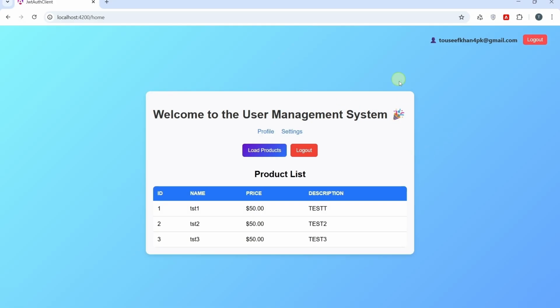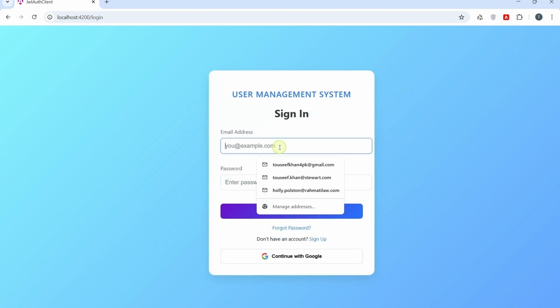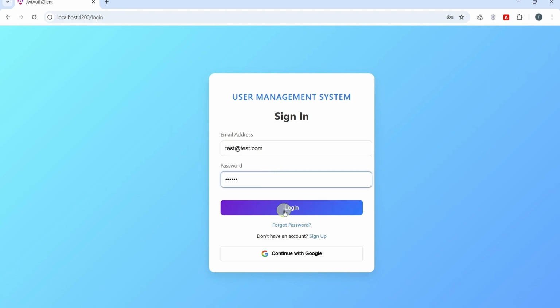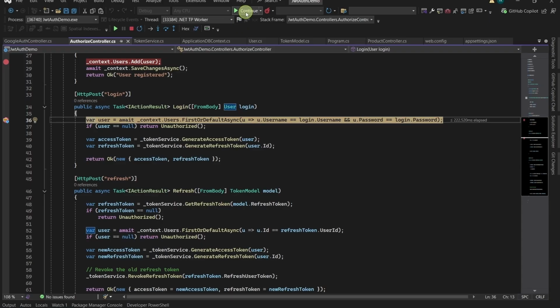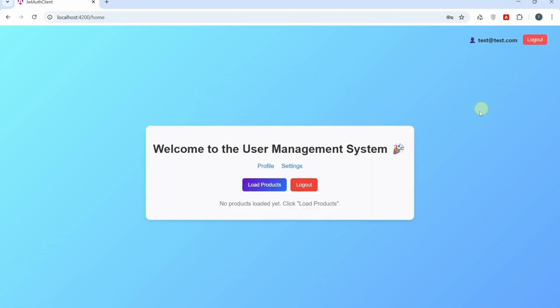Now let's see if our application user login is also working fine. So I log out and provide my application user. Click on login, click on continue, and see our application user login is also working perfectly. So now we have our traditional JWT-based login using username and password, and alongside that we have successfully implemented OAuth 2.0 using Google login. In both cases, our .NET Core Web API remains in full control, right?